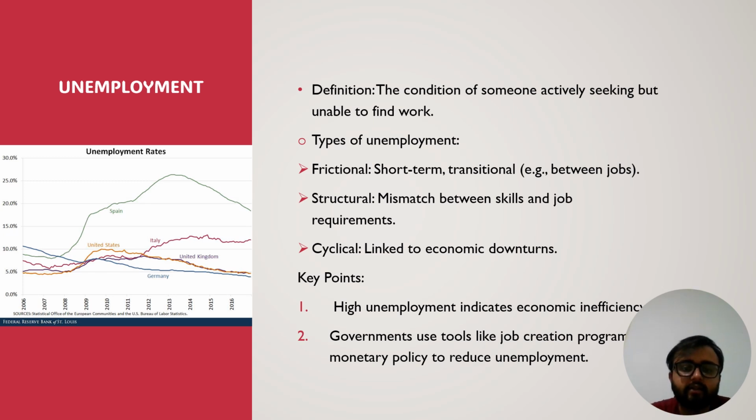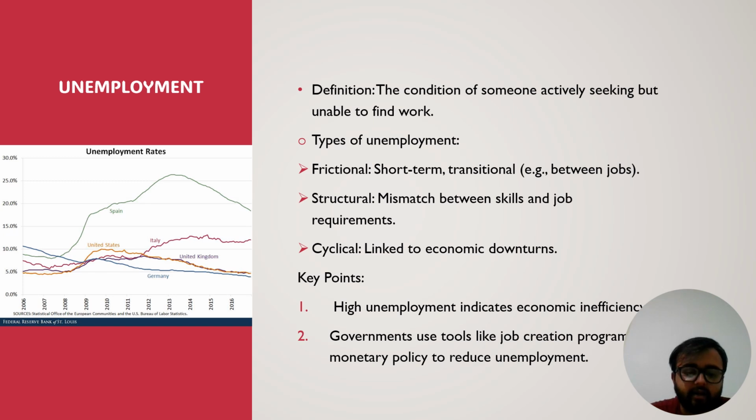The third one is cyclical unemployment. That means that a person having all the skills is yet unable to secure a job because the economy is in a recession right now. So the key points that we can consider here are that unemployment indicates that the economy is not fully efficient and the government is using tools like job creation programs and monetary policies to reduce unemployment. Means that the government is setting up some institutions, some different types of businesses so that they can provide some